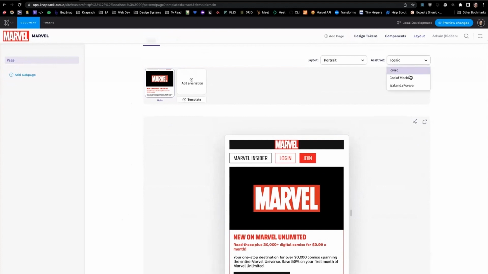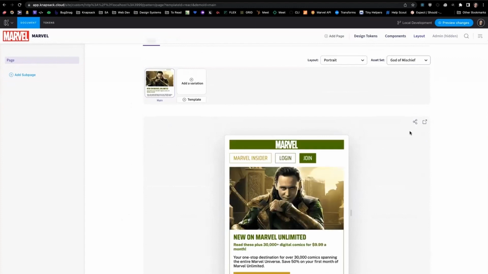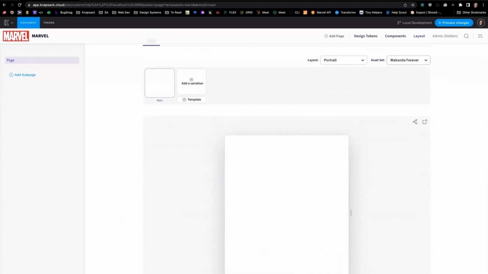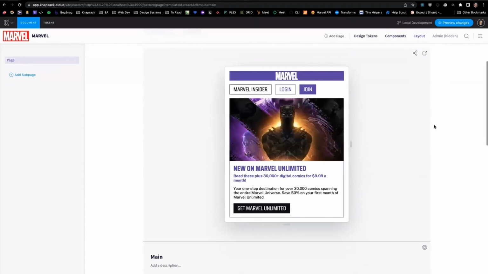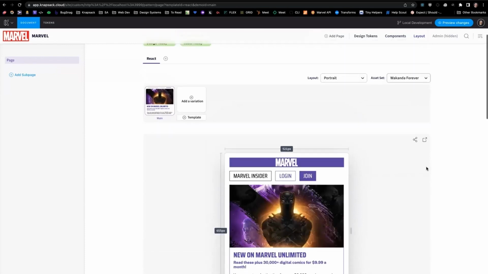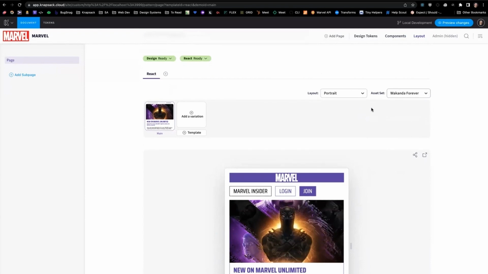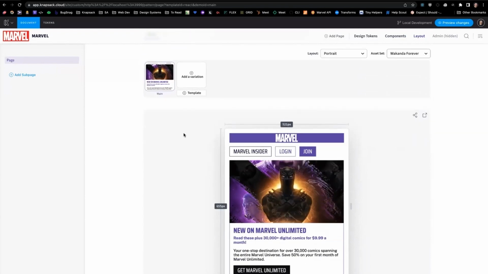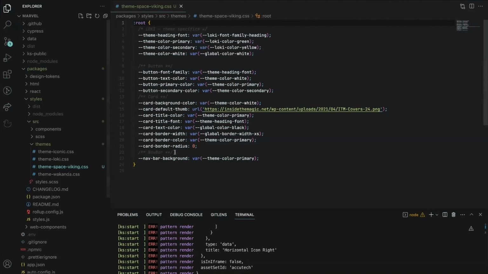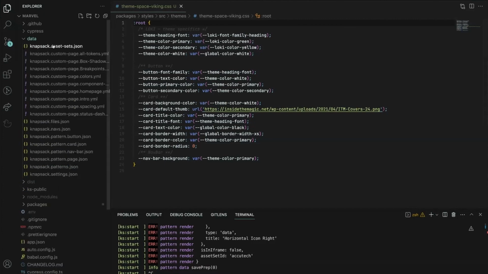And this was the theme switcher that I was just talking about, built through the use of asset sets. So we've got an asset set for our iconic theme. We've got one for God of Mischief here, as well as Wakanda Forever. For you folks that were on the last call, we assembled this one. And so we're going to go ahead and add our new Space Viking to this right away. And we're going to be using this with our design tokens. So first things first, I'm actually going to stop this